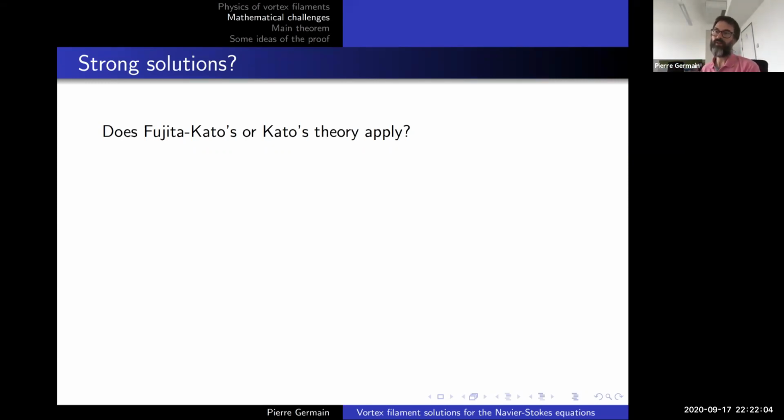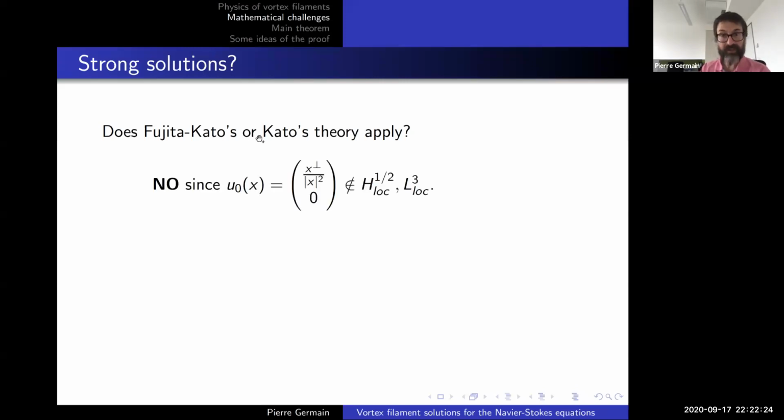And so let's just immediately go to scaling invariant spaces and see if this might work. So historically, Fujita-Kato was about H^{1/2} in 3D, and Kato about L3 fields. Could these theories apply? Well, no, because